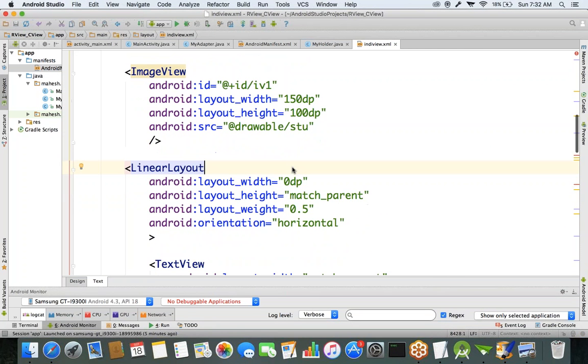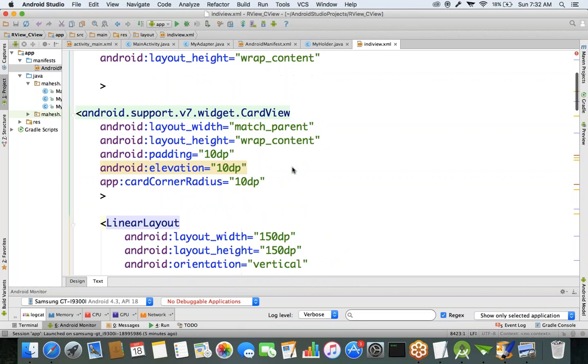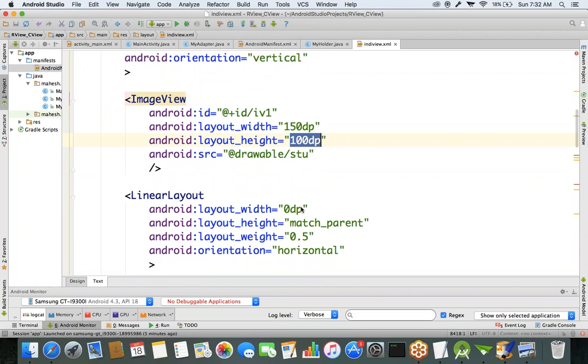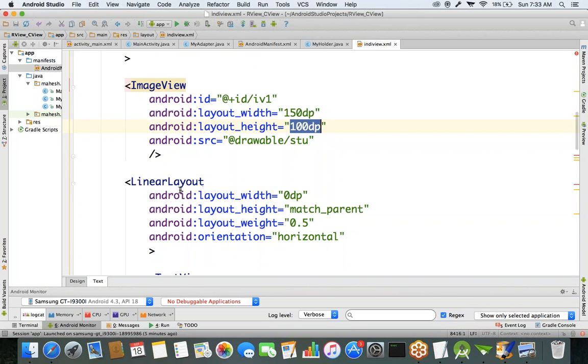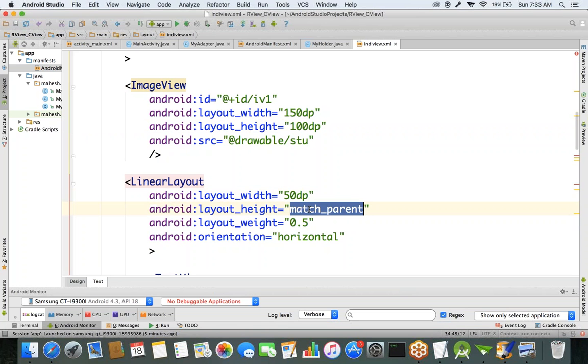And the image view component in a linear layout. Width is 150 for this image view component. Height is 100 dp. Now inside that I want to create, I'm creating a linear layout again. Width is 150 dp and height is